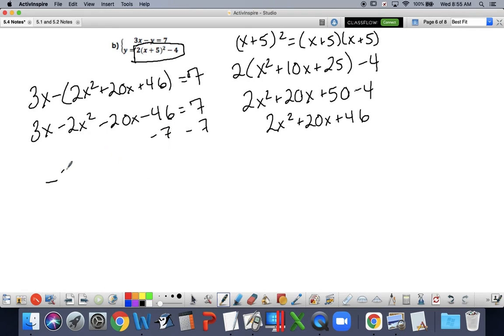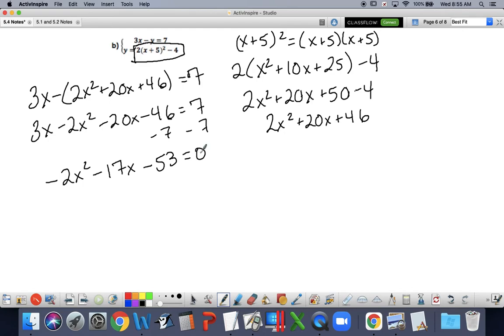So I wind up with negative 2x squared minus, I've got 3x minus 20x, so minus 17x. And then I have this, negative 46 minus 7, negative 53